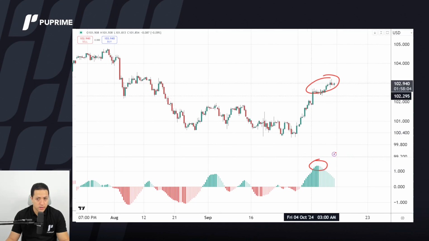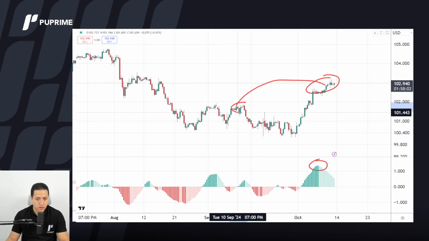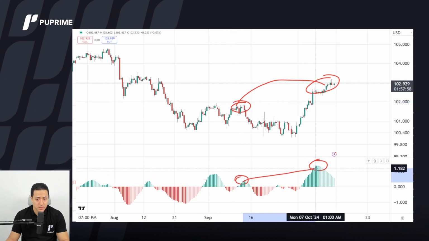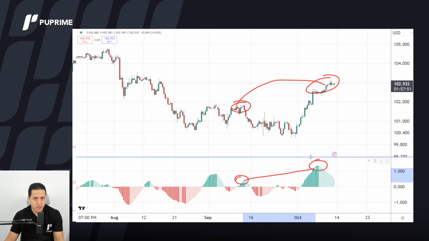Is it higher than the previous high? Where is the previous high? It's here. So the momentum is somewhere around here. Yes, it's higher. So prices are moving higher, momentum is moving higher. So yes, this is not a divergence. This is not a discrepancy between the behavior of price and momentum. It's actually moving together. So it's a convergence.